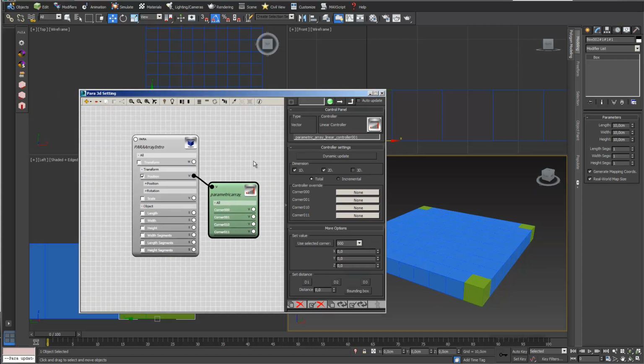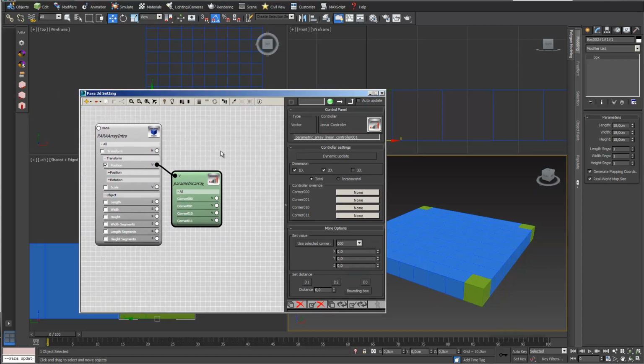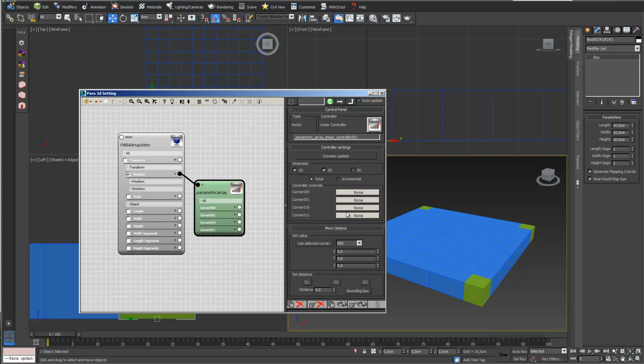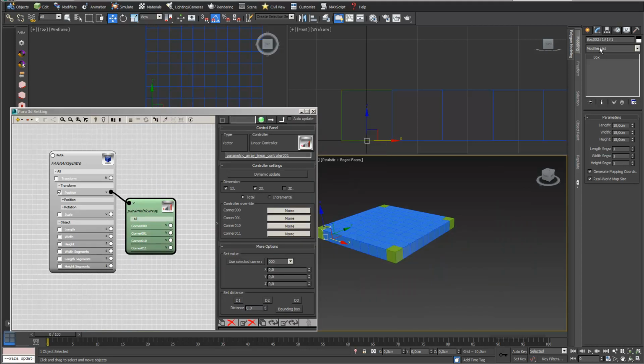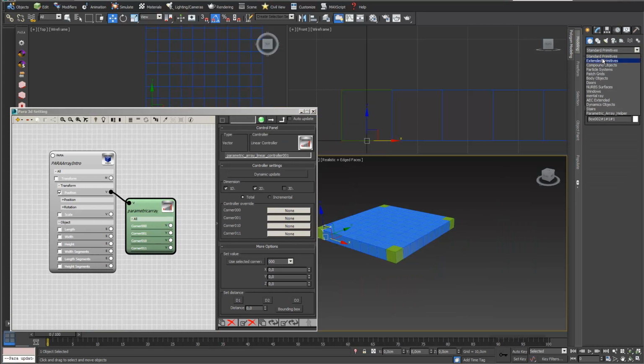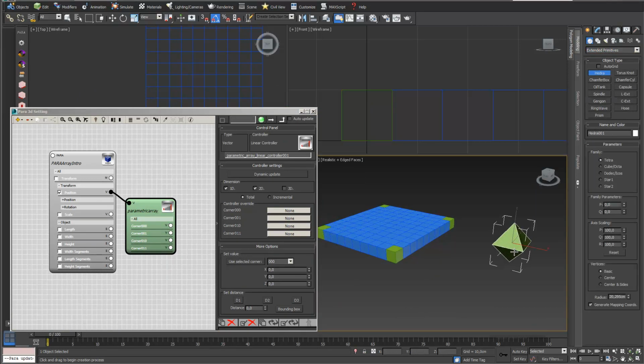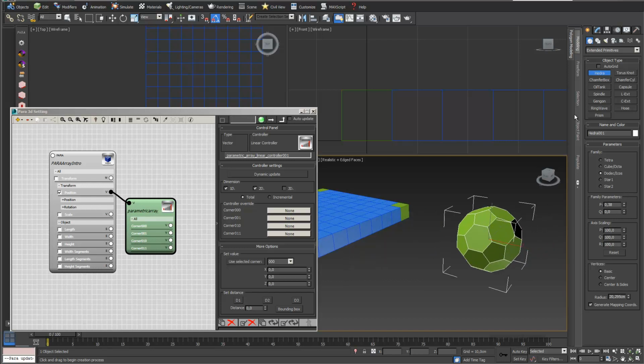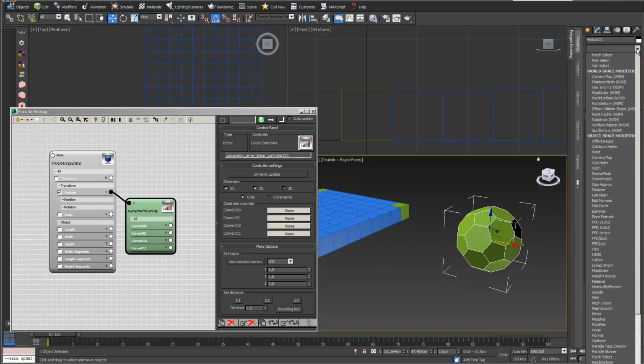Okay, we zoom out with my scroll button. Okay, we will create another object. I just go into extended objects and I just choose this hydra. I just go into a dodecahedra and just change a little bit the settings, a little bit like a football, and I add one edit poly on top like this,